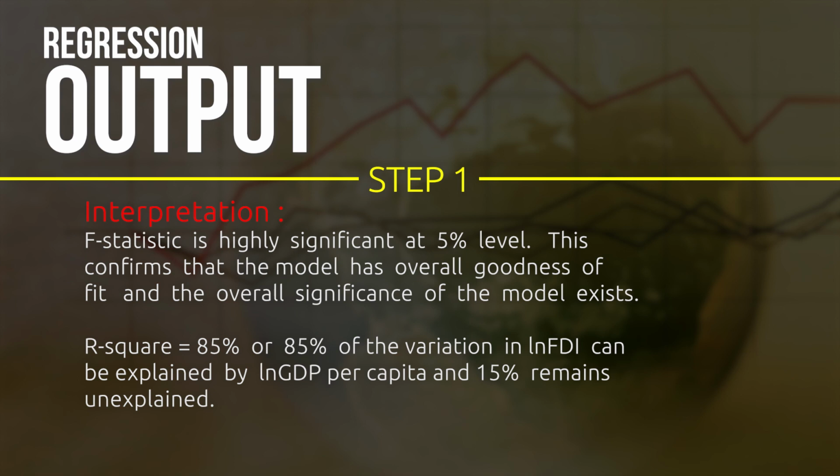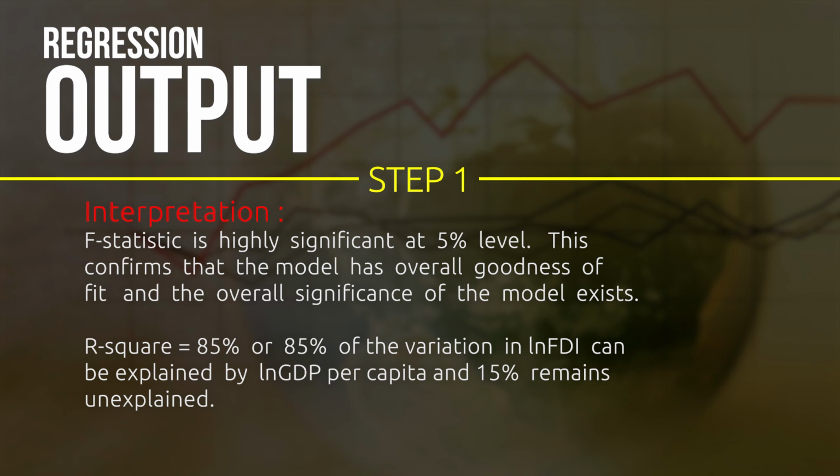Whatever has been captured by the residual sum of squares, or by the error term, the omitted variables or the random factors, is only 15%, but the majority percentage is captured by the independent variable taken in the study, which is ln GDP, and that amounts to 85%. So this model has a very acceptable goodness of fit, and so we can proceed to the interpretation